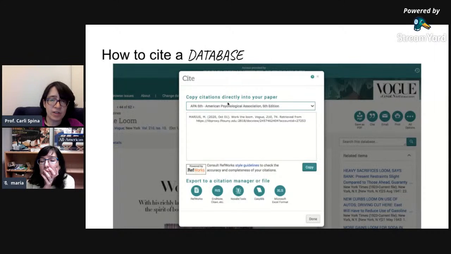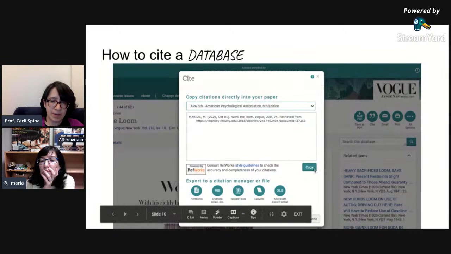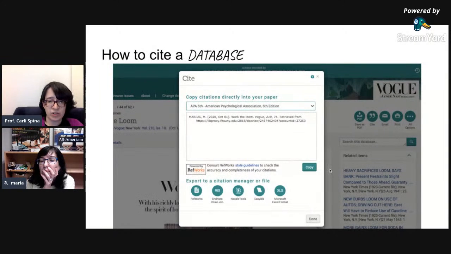But let's say you thought, okay, this is a good starting place. I want to start with this. You would click on the copy button, and that will copy it to your clipboard. And now you can use the paste function in your word processor like Microsoft Word or Google Docs to add this to your document. And then you can make those minor changes, and you don't have to come up with it all by yourself.